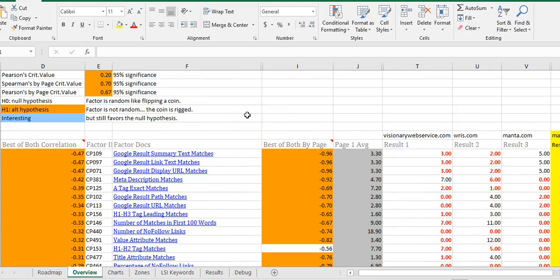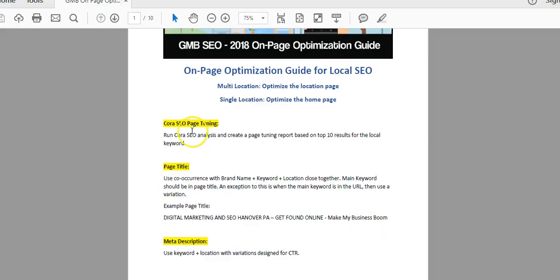My on page assistant will actually run this report, and then he'll go in and make little tweaks based on what this tells us. And that's the first part of it. All right. So once we get our page tuning done,